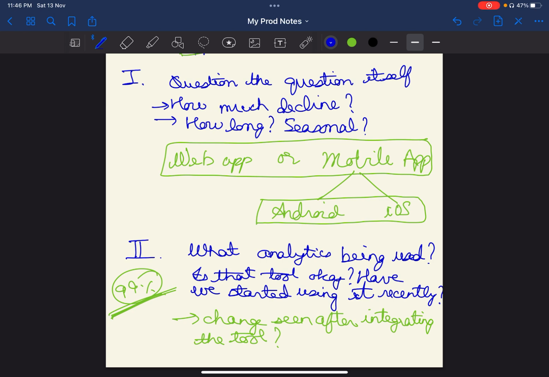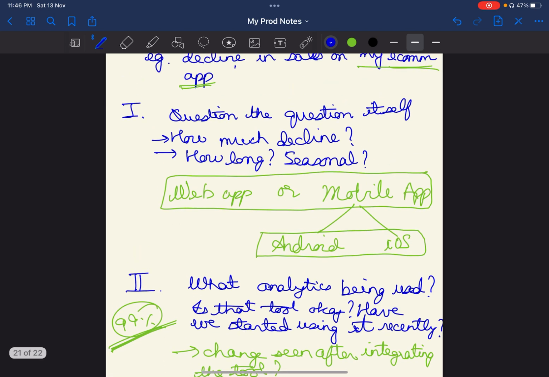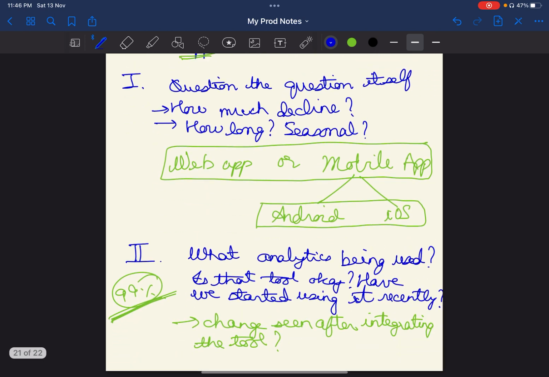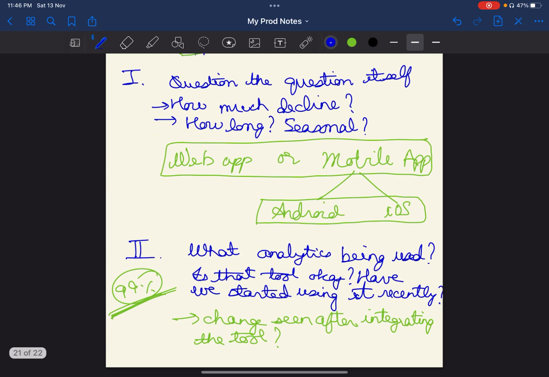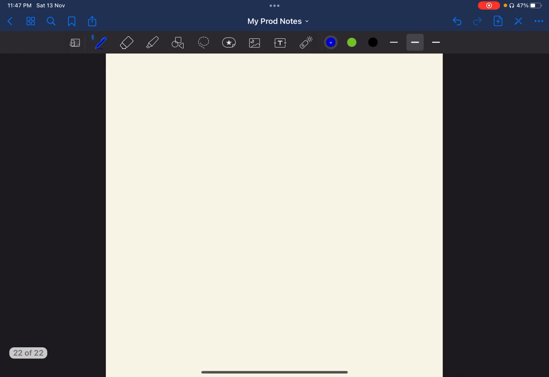Hey guys, in the previous video, we discussed the first two steps that need to be taken in order to arrive at some conclusion of what exactly the problem is. Assuming that you know which application is affected, and that your analytics tool is okay, there is no problem in that. The third step that needs to be followed is to start with a broad analysis and then narrow it